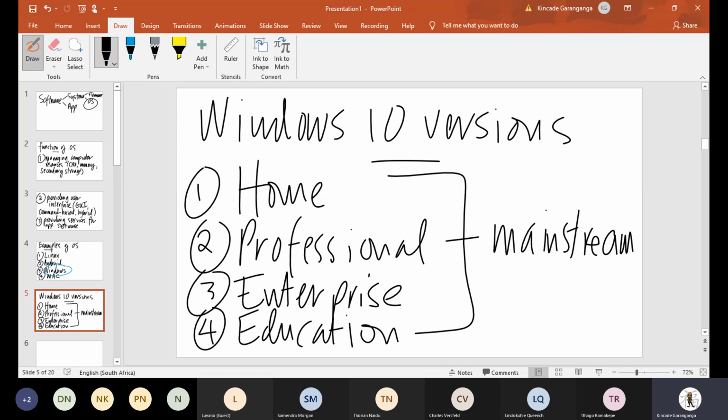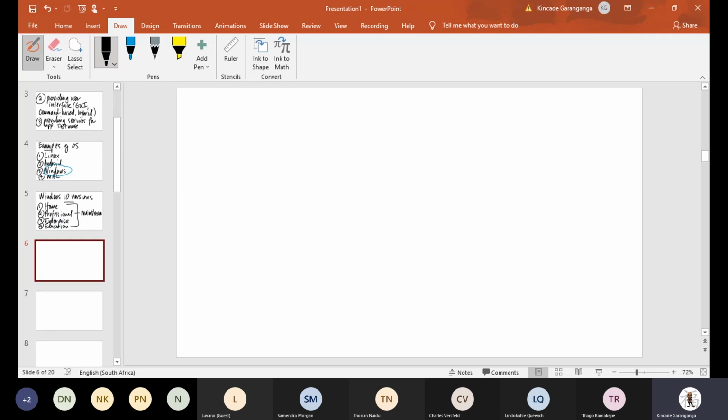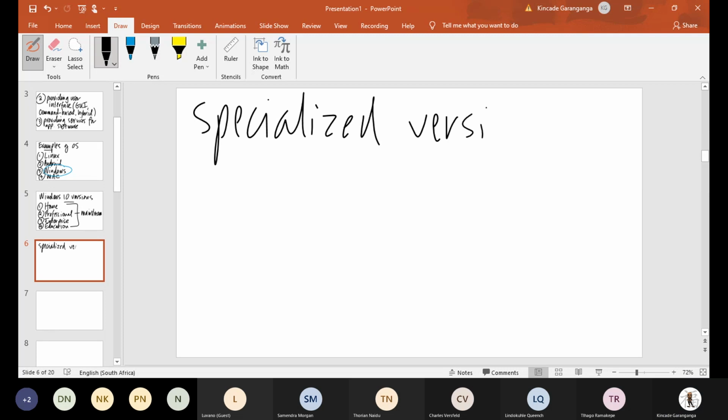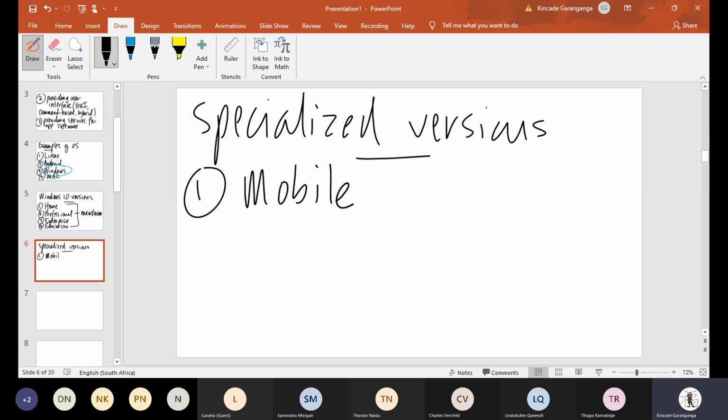And then obviously you have the additional platforms, so specialized versions that you'd find. Specialized versions would include Mobile, and obviously, as the name says, developed specifically for distinctive mobile platforms. And then you will also have